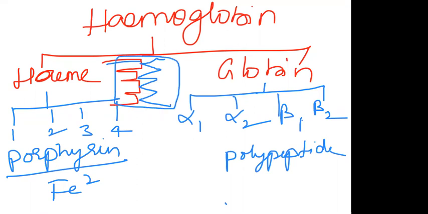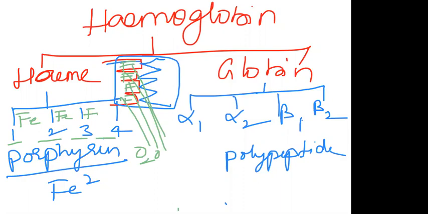A hypothetical diagram I am giving here. As I said, the iron molecule is in the center of the porphyrin rings, and that iron will bind with oxygen. How many porphyrin rings are there? 4 porphyrin rings, each with one iron, so that will bind with 4 oxygen molecules. Not necessary in first year itself, but just as general knowledge we are talking about. The hemoglobin is composed of heme and globin, heme with 4 porphyrin rings. Just remember, heme with 4 porphyrin rings.